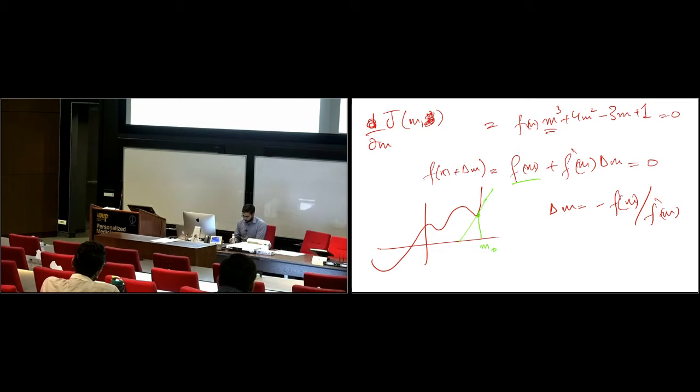So I am passing through f of m, and it's a linear function because it's a function of delta m only, not delta m squared and so on. So it's a line. As you change delta m, you will get a line with slope equal to the derivative of f with respect to m. So it essentially has to be a tangent to that function. Okay, does it make sense?